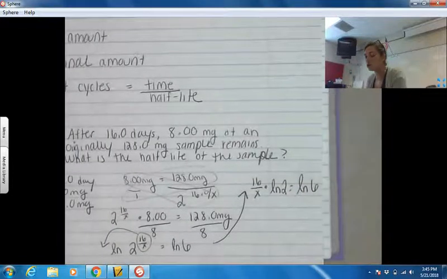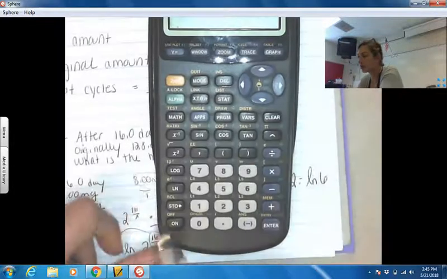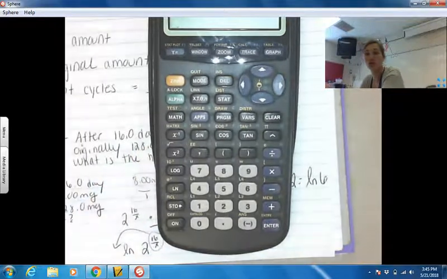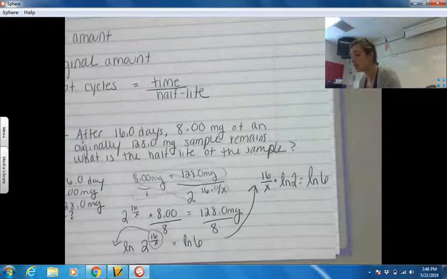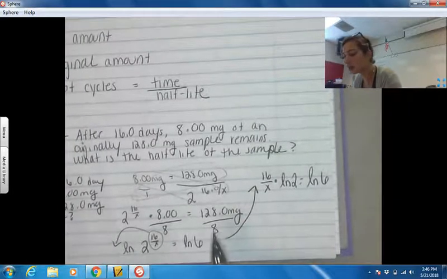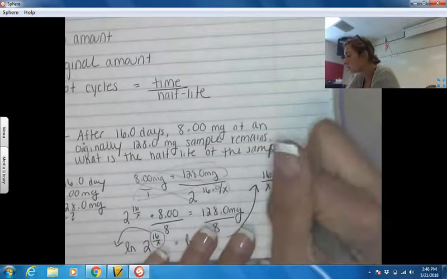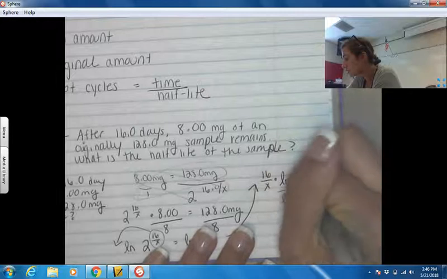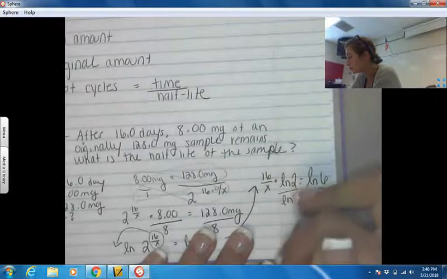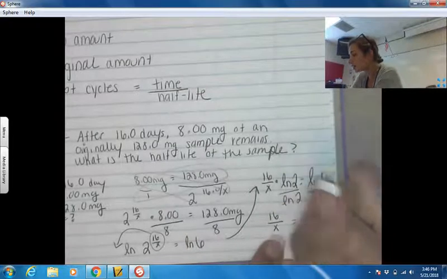Now you should have an ln button on your calculator. I'll show you where it is on mine. It's right here, capital L, capital N, and you just click it before you put in the number. So if I do the ln of 6 in my calculator divided by the ln of 2, I can get 16 over x is equal to,